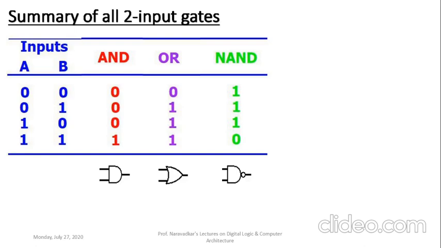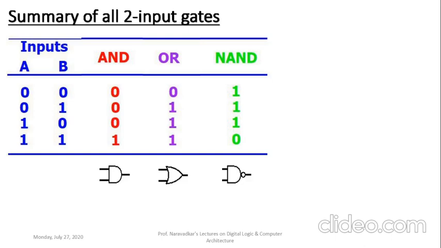It clearly means that if the output of that AND gate is inverted by using a NOT gate, then we are getting the truth table of that NAND gate here. That's why we can observe here the output of AND gate, which is shown by red color. Each entry for the input combination, if you invert it and write it at a proper place, then that is the truth table of that corresponding NAND gate here.